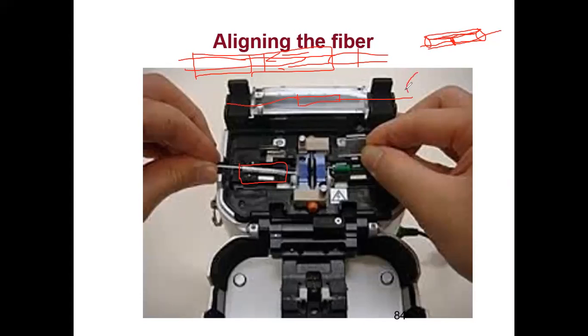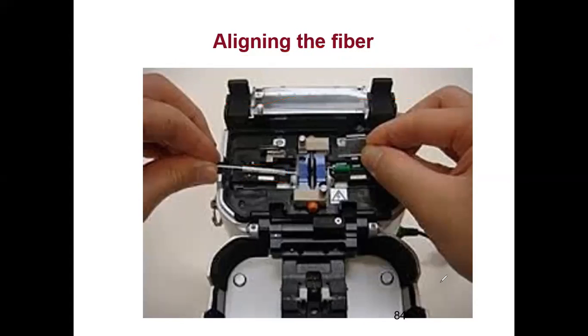I will close this lid. All this will be displayed in the diagram, but before that I'm explaining. I will close this lid, and using the switches, I will apply a little bit of heat. Due to that heat, this protection sleeve will stick to the fiber core. So immediately after the core I have the cladding, and then this rod which is present in the protection sleeve. It will offer tensile strength to the fiber. So this is something about aligning and how the arc is generated in the fiber.